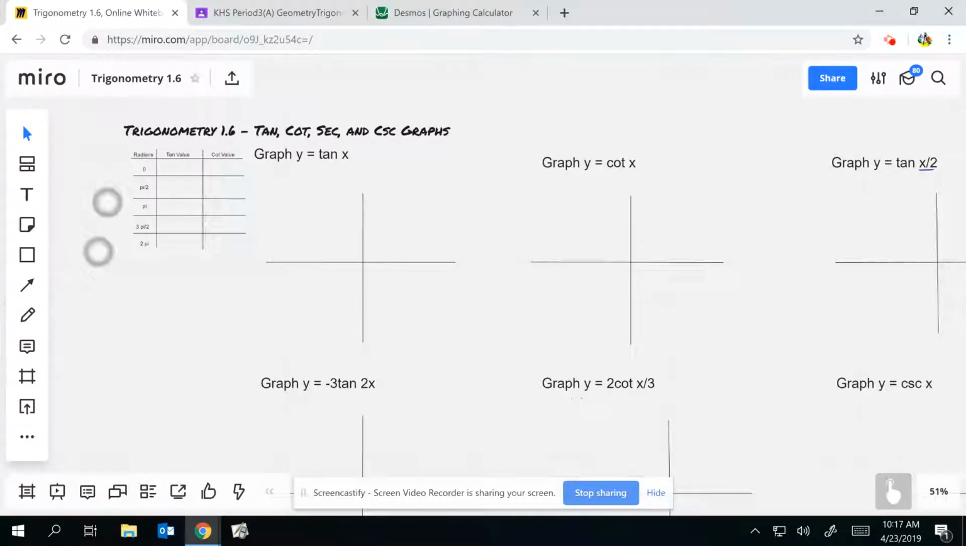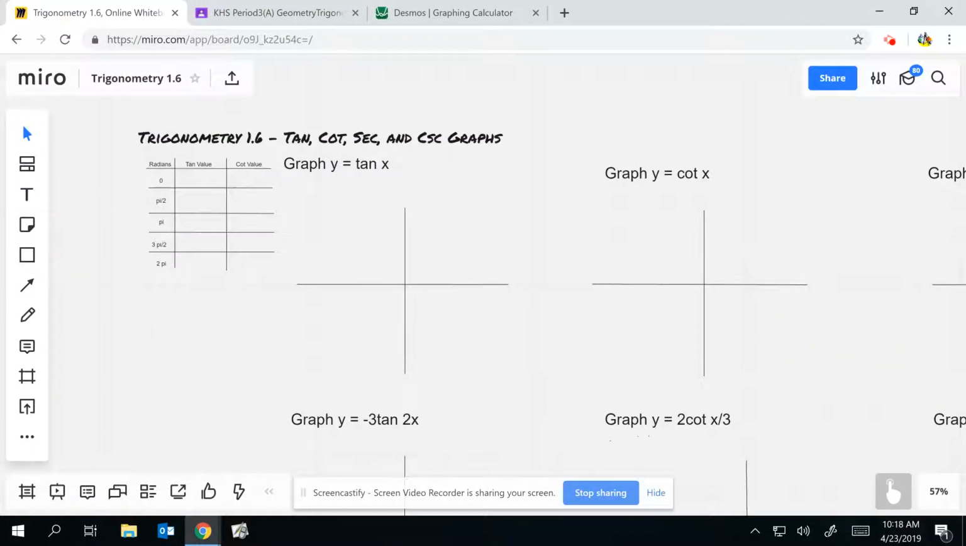Okay, so let's look at 1.6. It's graphing the tangent, cotangent, secant, and cosecant graphs. What I want you to do first is look at your unit circle. And we have so far graphed sine and cosine. And if you're looking at your unit circle and your chart, I think if you go down the chart, you